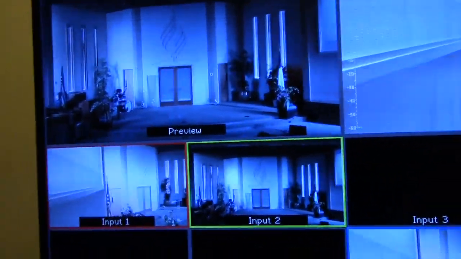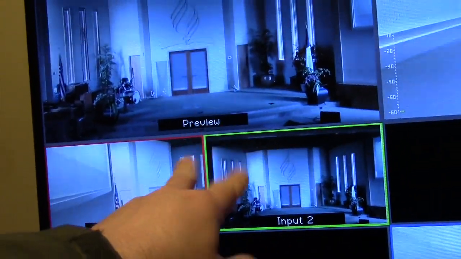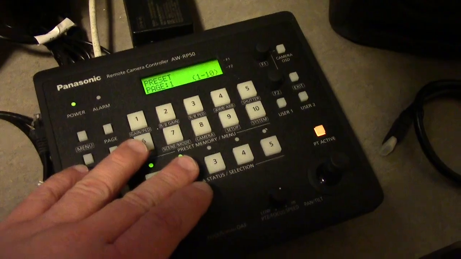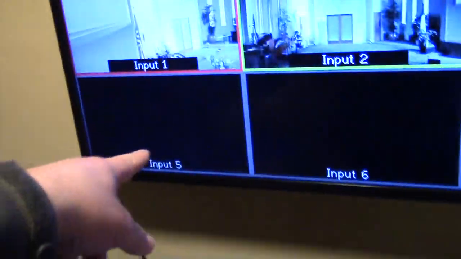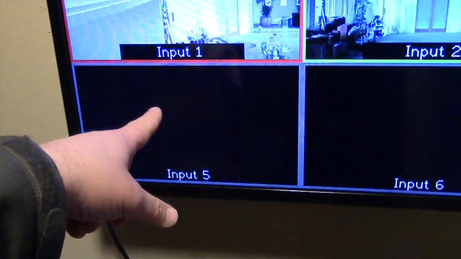Alright, we're back here in Tacoma, and the plot has thickened a wee bit. So, let me explain why that is. Before I left last time, I was able to get the two robotic PTZ cameras on camera 1 and camera 2. I also got them on camera 1, camera 2 here on the controller. That's not an issue. What I'm not getting is output or input from the ProPresenter computer here, which is where